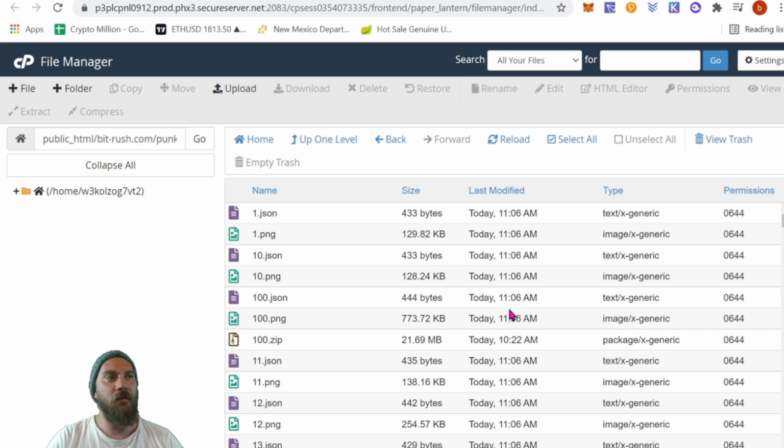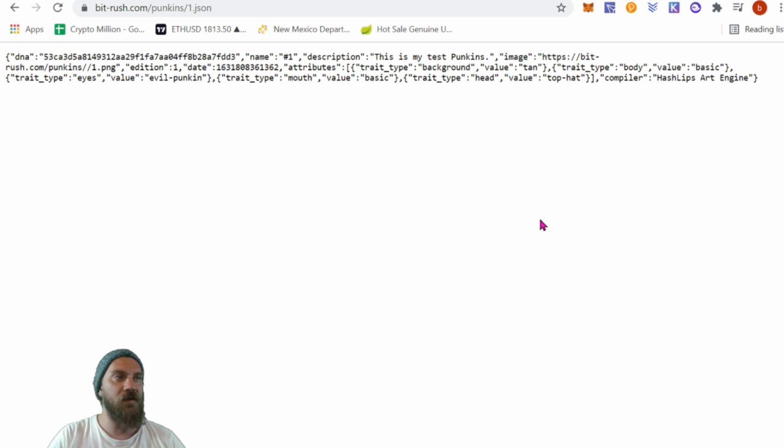But I just want to point that out to everyone, that if you do use a normal server like this, just a web server, and you upload all of your files before mint, people can access them and see what's there. So I highly recommend looking into putting your images and your metadata on the blockchain using IPFS. And maybe at a later date we'll cover that in another video, but for right now I just want to give you guys the basics again, get you guys started. I think this is going to be a great building block base layer for a lot of you guys to just really launch your art.